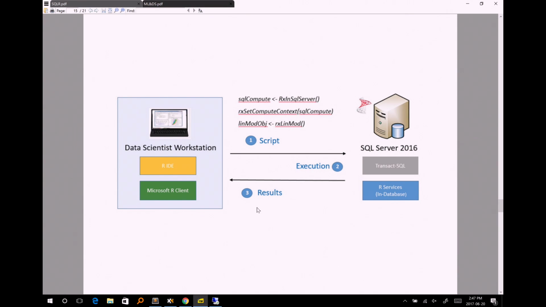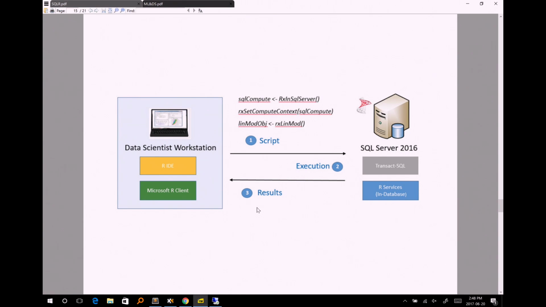This is the data scientist on the left side of the screen, sitting on their client machine. They have R, they have the Microsoft R Client, and they have an IDE for R, because if you use R, you are probably using some kind of IDE because of how much it makes it easier to interact with R. But then we have this thing on the right side. That's the SQL Server machine. And as it turns out, this is also hosting a version of R. Now, the one on the left is the R client. The one here is more like the server version of R. That's the powerful R.